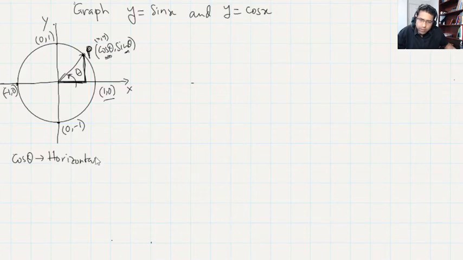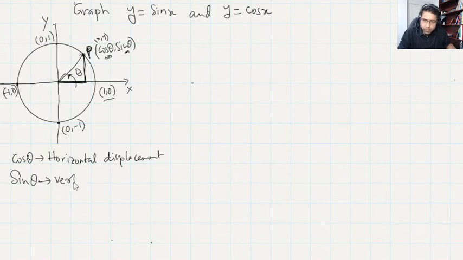horizontal displacement, right? And how about sine theta then? Sine theta will be the vertical displacement. Vertical displacement, right? Vertical displacement. And this is important because when we are plotting sine theta, we are looking for the vertical